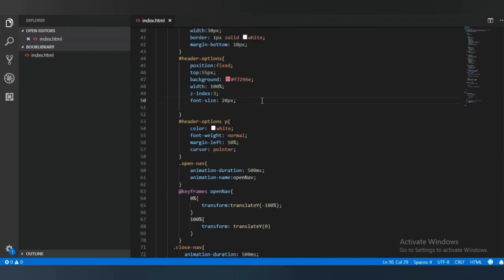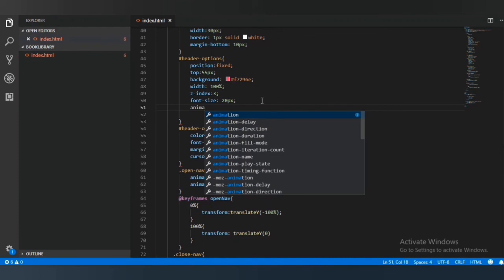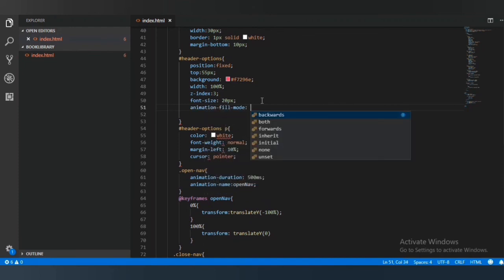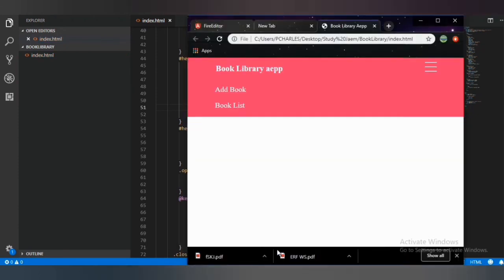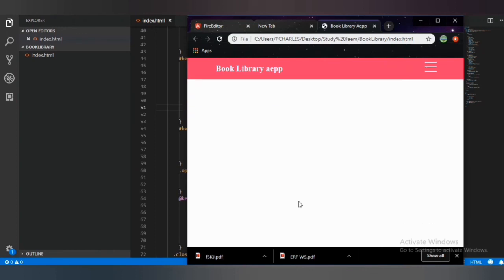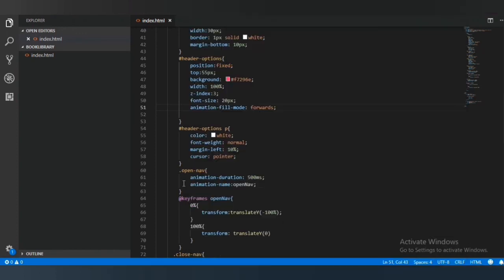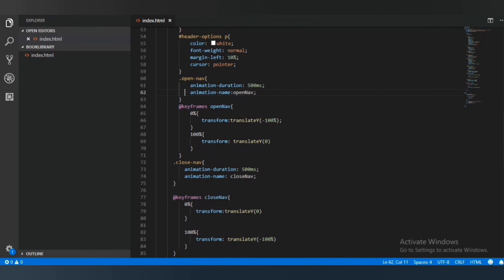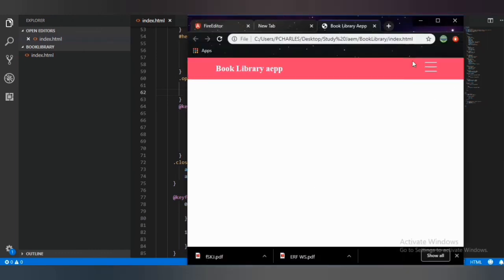So we can change that here by setting the animation-fill-mode. Animation-fill-mode, then let's tell it to forwards. So now the animation will be permanent. Good. Now let me refresh. Now the animation is actually permanent. Good. So what I want is that when you click on this hamburger icon here now, the animation should be